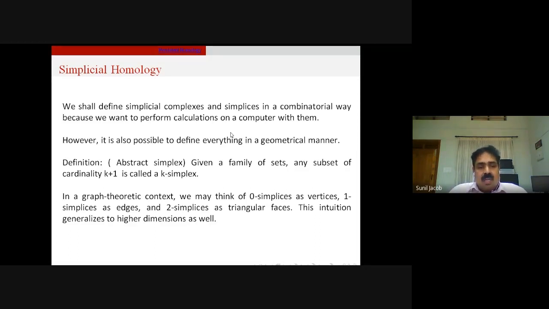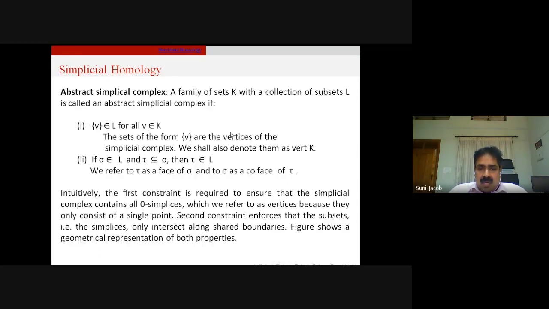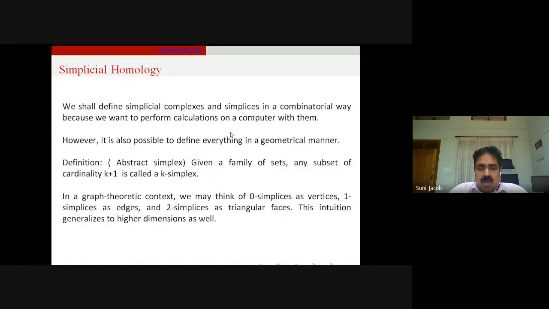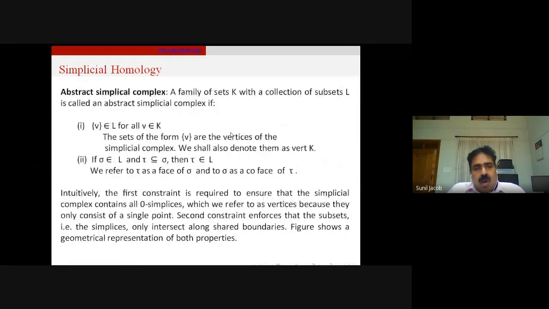Now, this is the definition of an abstract simplicial complex. A simplex we have defined. Now, the union of the simplices will give you a complex. That is how we are getting a simplicial complex. A family K with a collection of subsets L is called an abstract simplicial complex if